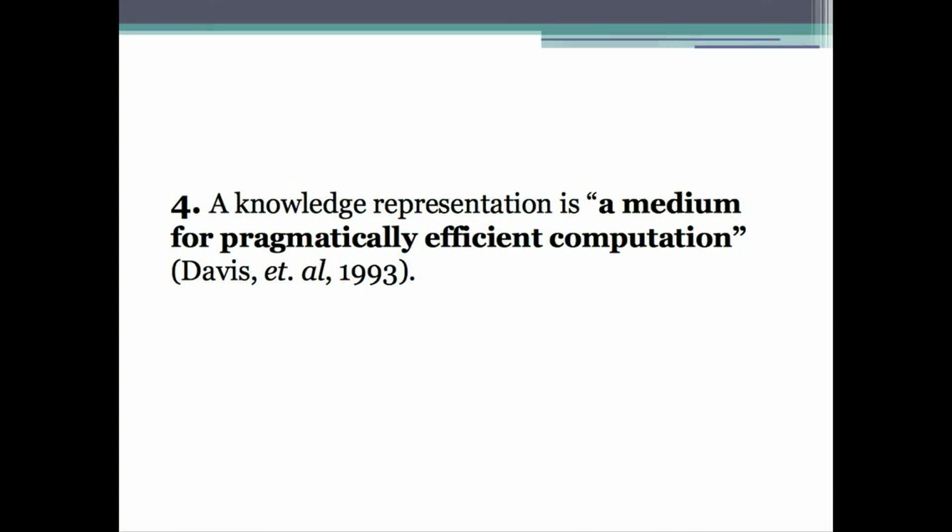And finally for Davis, or not finally yet, but finally for Davis, this comes with a medium for pragmatically efficient computation. What that means in the context of this project is that, going with this logic of aurality, or the potential of sound, and thinking about what that looks like in terms of the content, the phonemes and stress and vowel sounds and consonants, what computational analysis can we use in order to make a model with that content? What we've chosen to include is an analysis software called